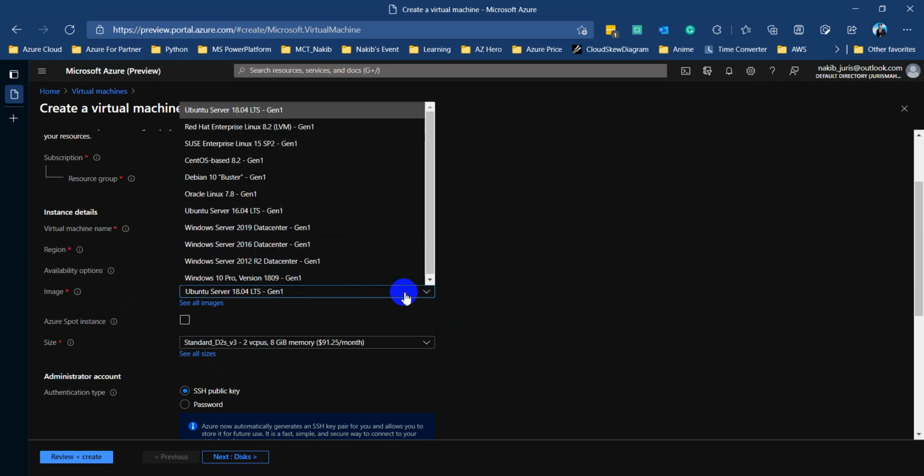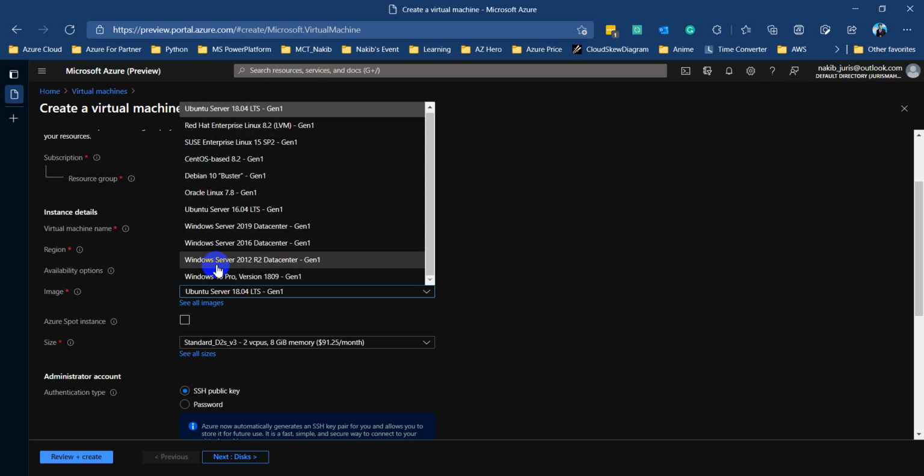So if I come to the image, we can find all the images that we need to deploy, or what images we need for our services. Here we can see Ubuntu, Red Hat, SUSE Enterprise Linux, CentOS, Debian, Oracle, all of them are available here. Windows 10 Pro and Server, all the things.